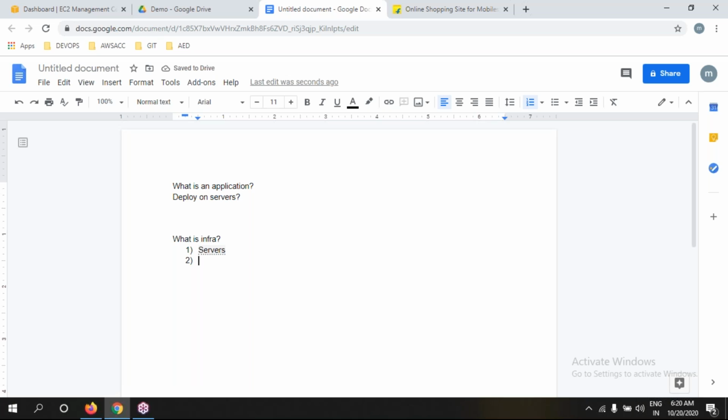The first thing is servers. The second thing is network. The third thing is database. And the fourth thing is storage. These four major services are required to maintain our application properly.